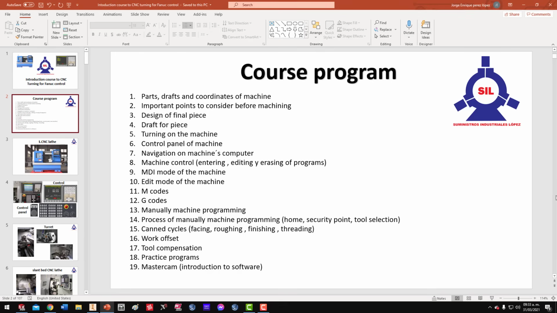And number 5 is turning on the machine. 6, control panel of machine. 7, the navigation of machine's computer. The 8, the machine control, entering, editing and erasing programs. MDI mode of the machine, edit mode of the machine, M codes, G codes, manual machine programming, process of manual